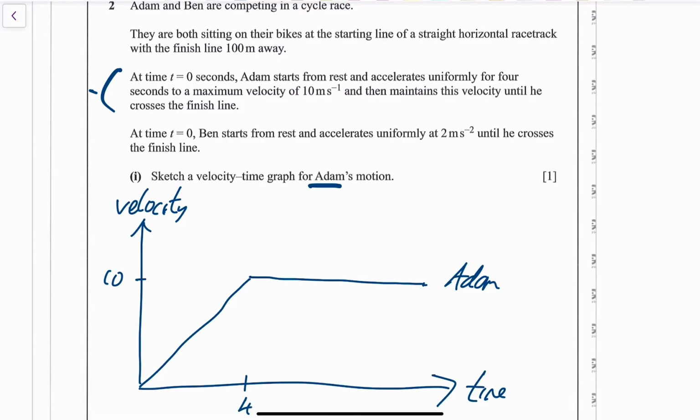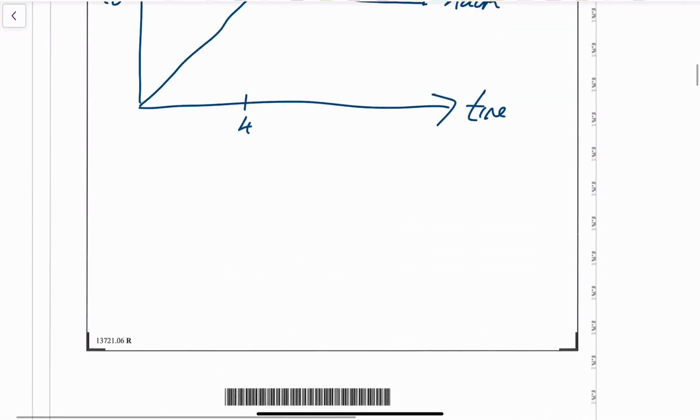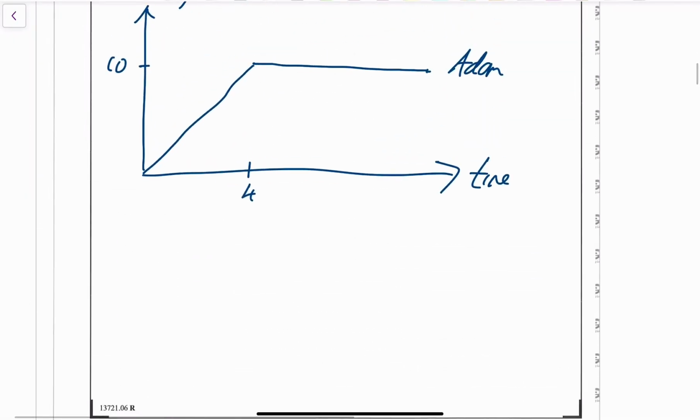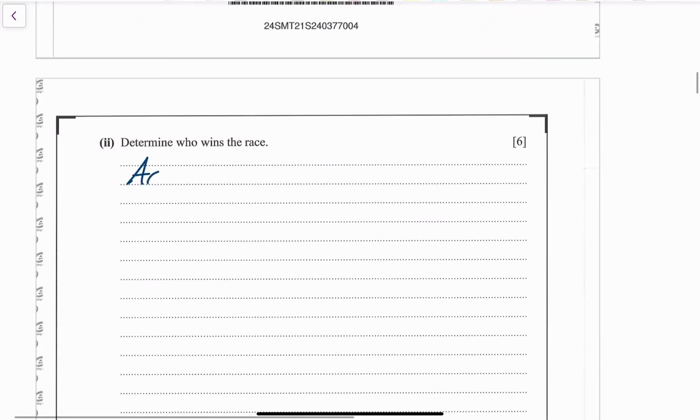Okay, and that's all you had to do for that one. So the next part of the question says, determine who wins the race. So we've got Adam, and we've got Ben, was it? So for Adam, this is a time we want to find, but the distance for this whole trapezium shape is 100 meters. So I'll just say for Adam then, the distance is equal to area